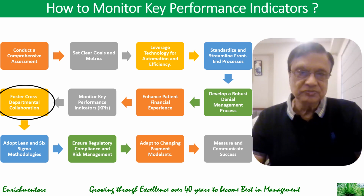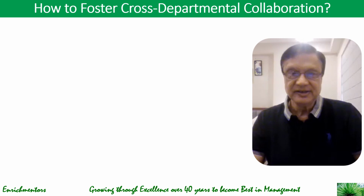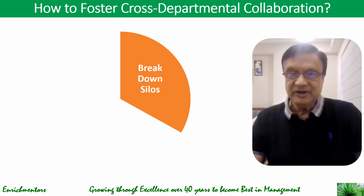So let's come back to how can you foster cross-departmental collaboration? What are the things that you can do to do that? Any thoughts? There are three things. And one of the things that we already talked about is to break down these silos. Revenue cycle processes span multiple departments, including clinical, administrative, and financial teams. So, create strong communication channels between these departments to ensure data flows smoothly and that all stakeholders are aligned in